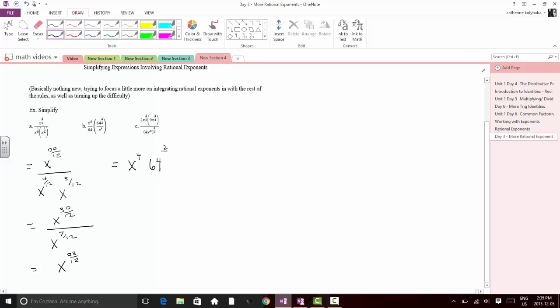So 2/3 minus 1, common denominator, is 3/3. So what I have here is 64 to the negative 1/3. I know I need to take the reciprocal of that and make it positive. So I have 64 to the 1/3. And from yesterday, I realized that the 1/3 is also the root. So I have x to the power of 4 all over the cubed root of 64,